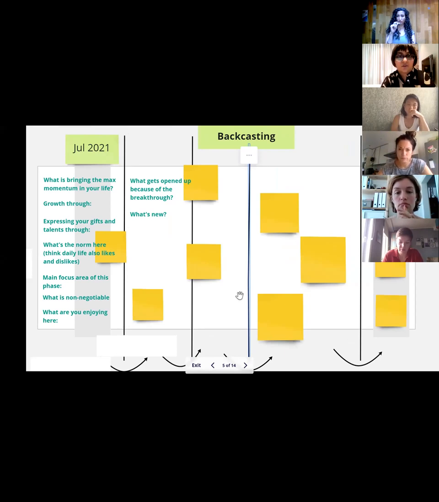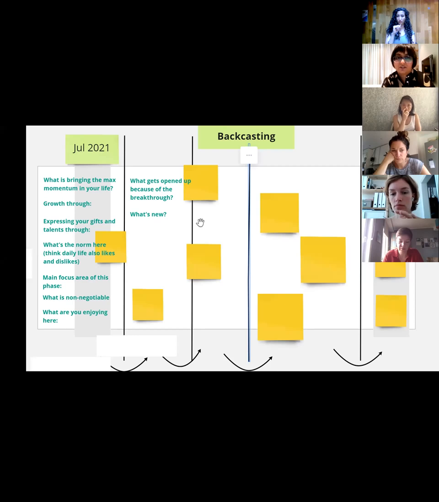Some examples. I did it with one of my friends, and for her the breakthroughs were pretty simple. She was applying for citizenship in some country. Her first breakthrough would have been learning that language, which she was already preparing for. So clearing that exam and being really fluent with the language was the first breakthrough. As soon as she does that, the second breakthrough is close by, which is applying for specific jobs within that country, where she was already living. That would be the second breakthrough, and those kinds of things.